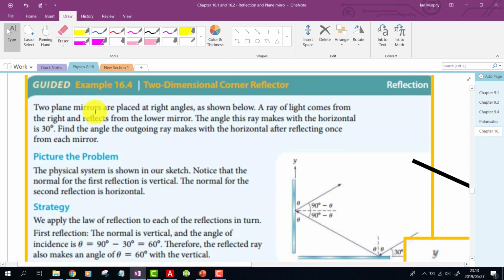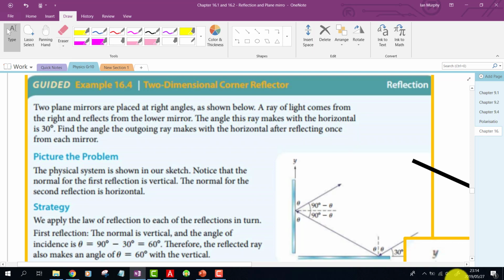Okay, so two plane mirrors are placed at right angles as shown below. A ray of light comes from the right and reflects from the lower mirror. The angle this ray makes with the horizontal is 30 degrees. So here, incoming ray, 30 degrees. Find the angle that the outgoing ray makes with the horizontal after reflecting once from each